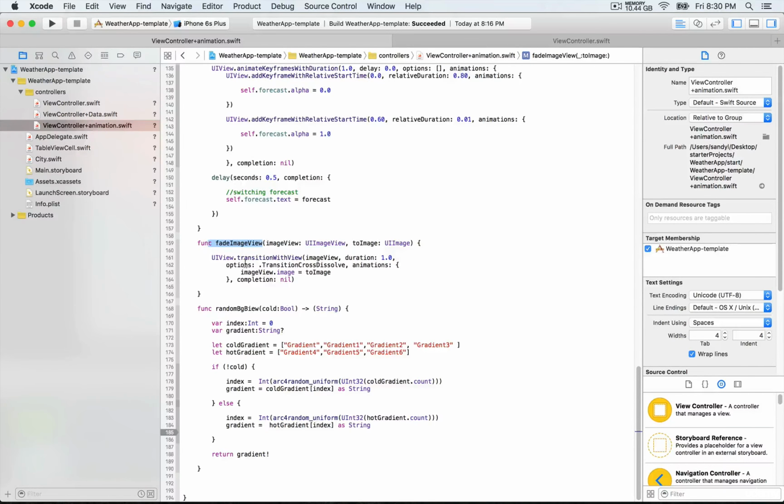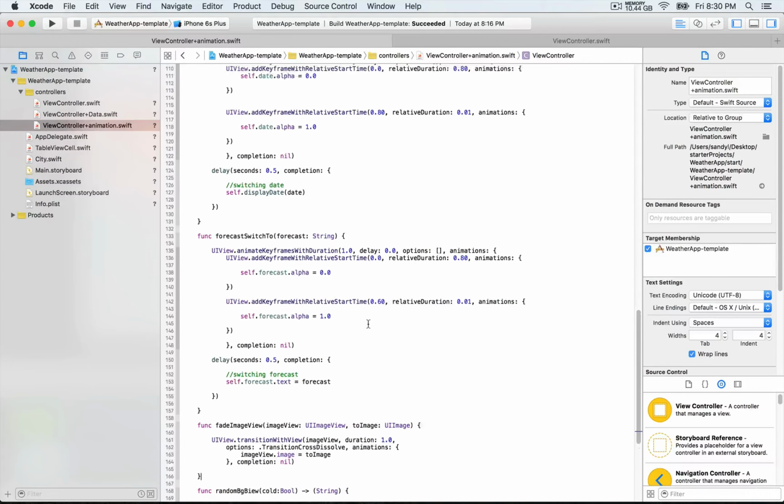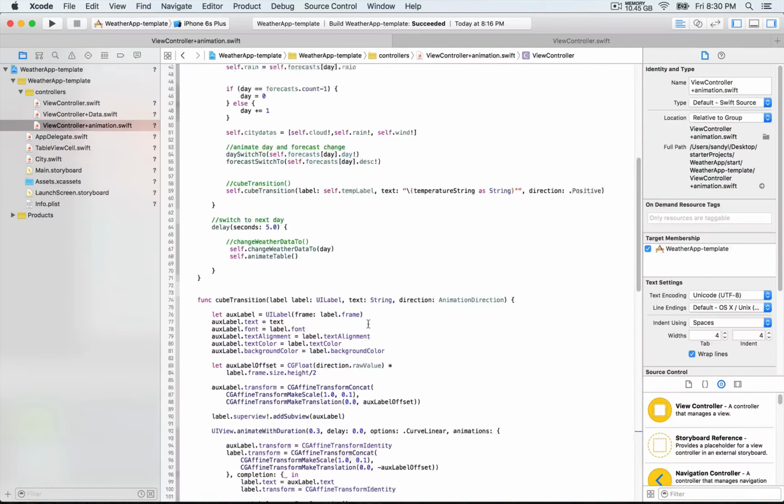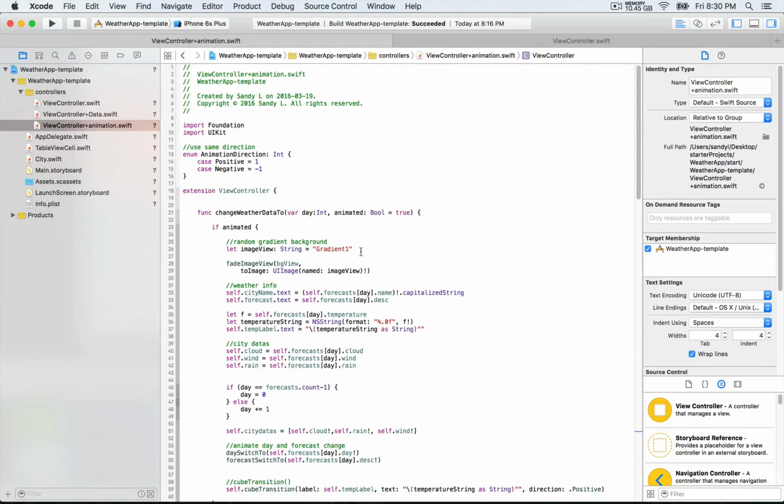So we're going to go step by step. We're going to write some code because that's going to make more sense. So what we're doing here, instead of hard coding the image view, we're going to be writing this function. So that's going to be random background view, and we want to return a true or false. So we're going to be writing